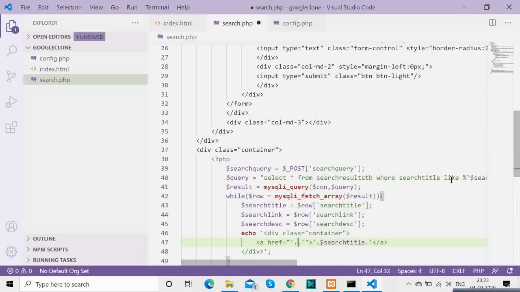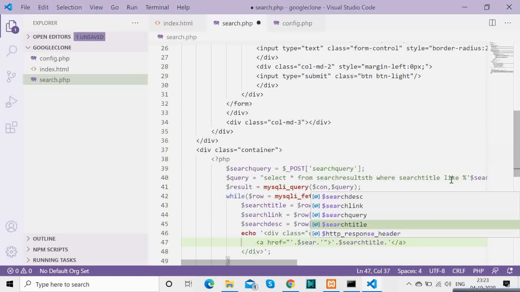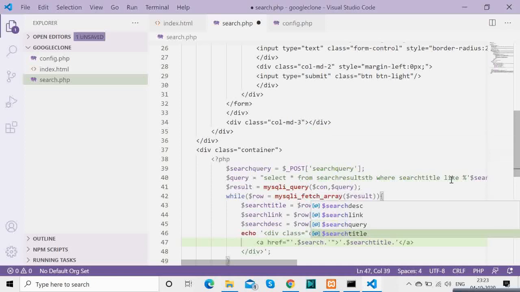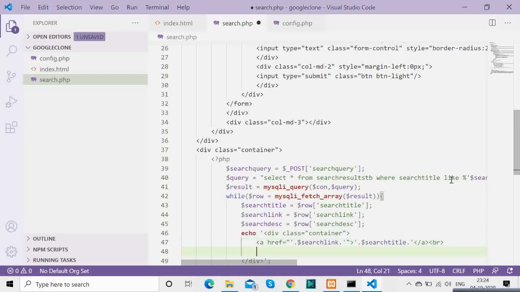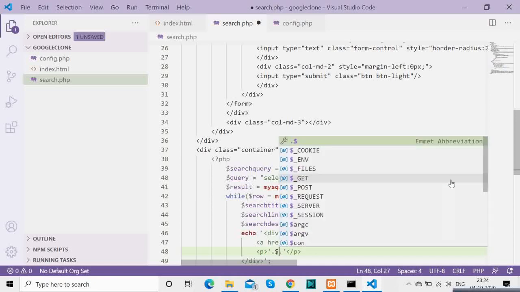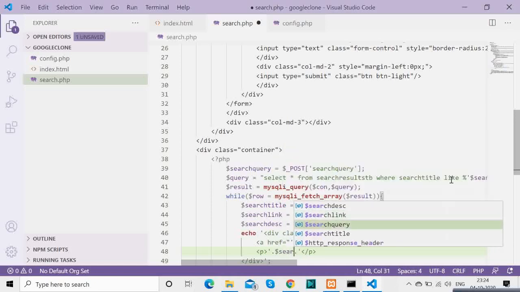So basically if you see Google, first we have a link which we can click, and then we have the details. That's the reason why we have that link, and you will notice that we haven't hard coded the link, because we will be bringing that link, the title and the description from the database. That's one reason why we have put them in variables and then used them.